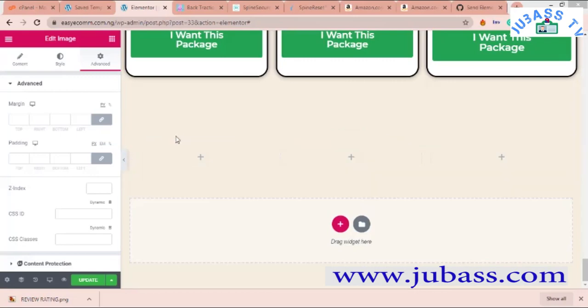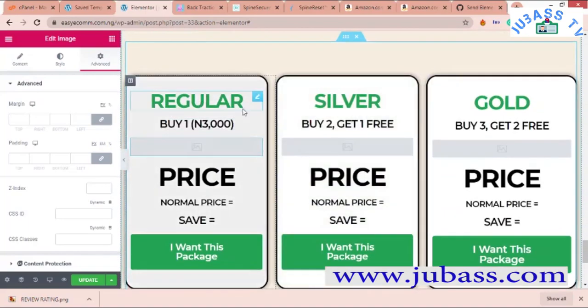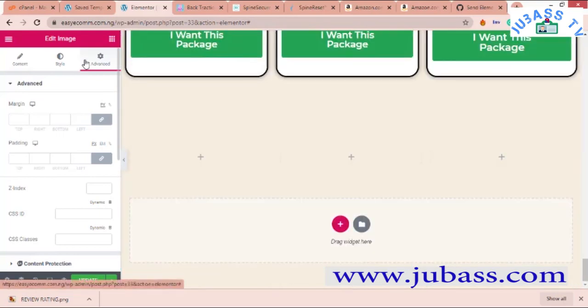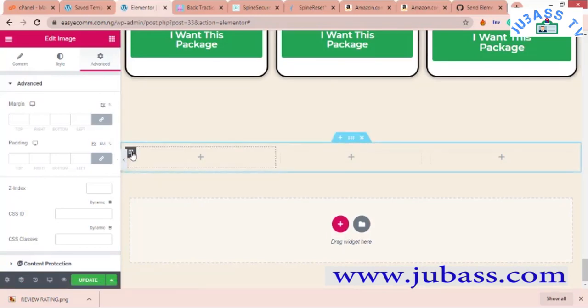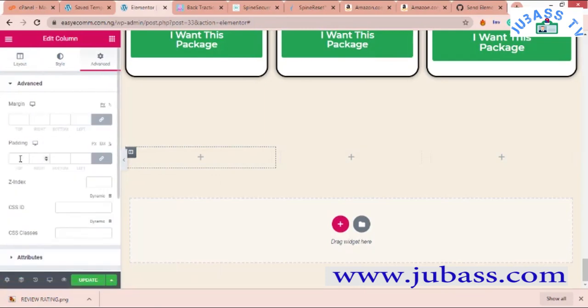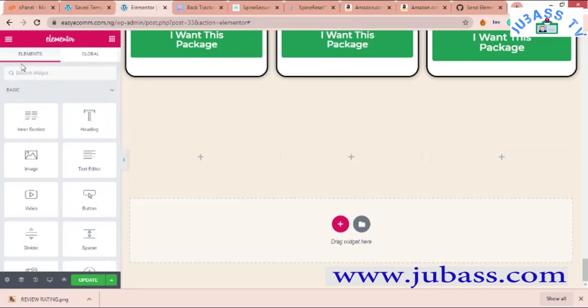Okay, so the first thing you want to do is to check this out. This is a header, this is another header, or you can use this as a header, you can use this as a regular text. So let's say header, text, image, header. Alright, let's set that up first. I think we've already done the padding. Let me edit column just to be sure. Padding, yeah, it's set. So you click on the element widget and heading,